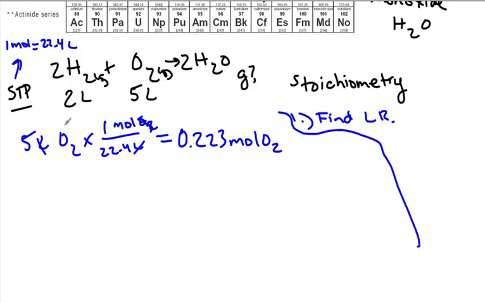Now that we're in moles, as opposed to previously when we were in liters and we couldn't use something to relate this, we can relate the number of oxygen molecules to the number of hydrogen molecules by the ratio that for every 1 O2, there's going to be 2 H2, given by our equation. We've balanced it, so we know that that's how it works. You might remember that from chemistry as well. And now we multiply this by 2, and we get that we should have